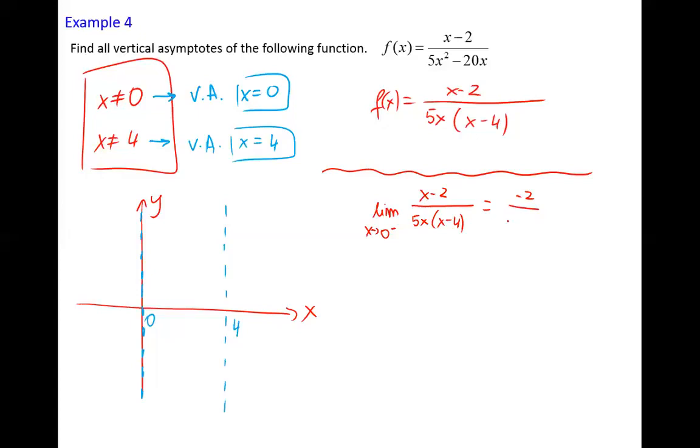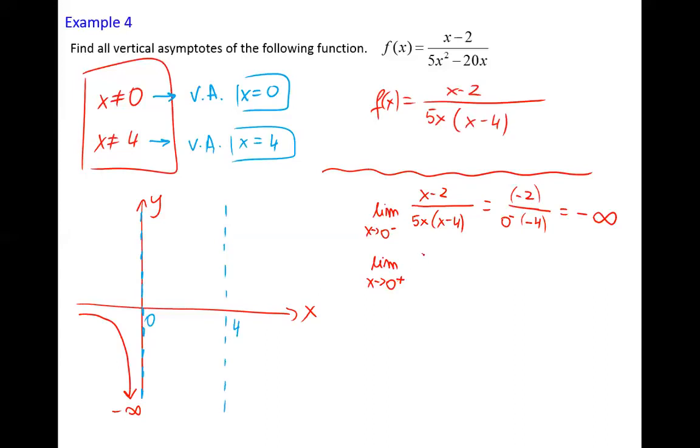That means 5 times 0 will give me 0 but negative, and a negative number minus 4 will also give me negative 4, a small number. That means I do have a number over a small number. I will have a big number, but let's investigate: negative, negative, and negative. Multiplying 3 negatives, I'm still getting negative. That means the function is going down, negative infinity. Okay, and on the right hand side,